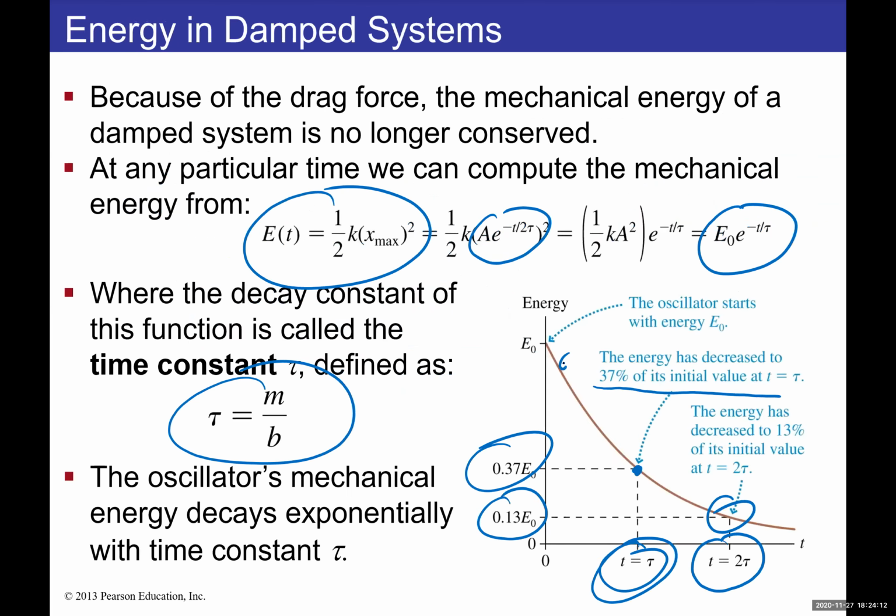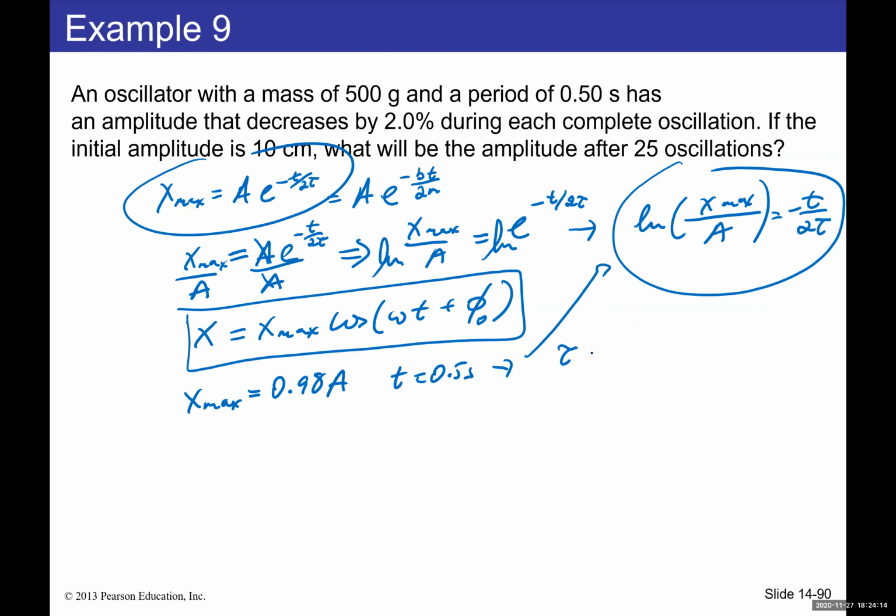Because then I can say tau is equal to, so if I'm rearranging, it will be negative t over 2 ln x max over a, like this. All right, so then this is equal to negative 0.5, then 2 times ln, then I'm going to get